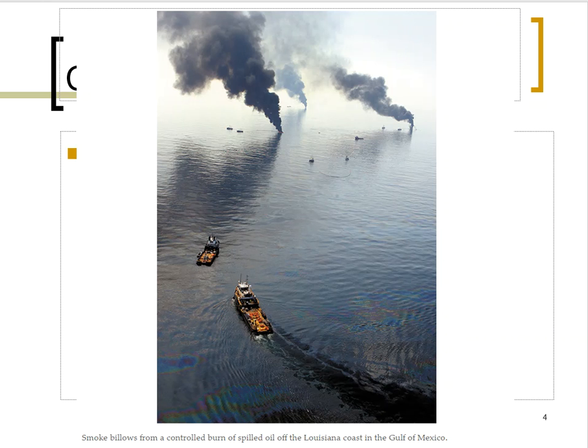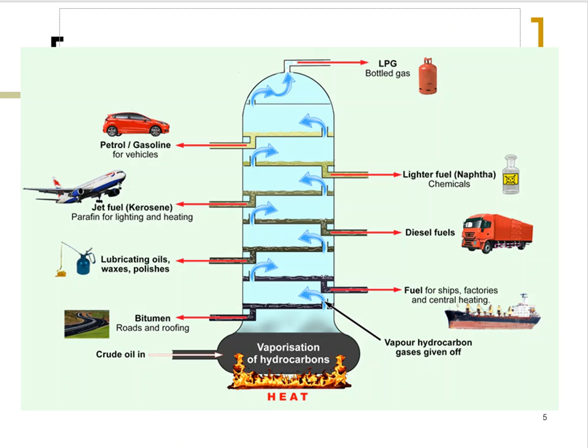I can put up as many solar panels as I want. I can put up as many wind turbines as I want, but it's not going to give me the high energy that crude oil is going to give me in the long run. And that's the problem, folks. That is one of the reasons that solar and wind and alternative energy has not really made its way into mainstream yet. It's not perfected. And the end result is not as good as something like crude oil, or even more so,